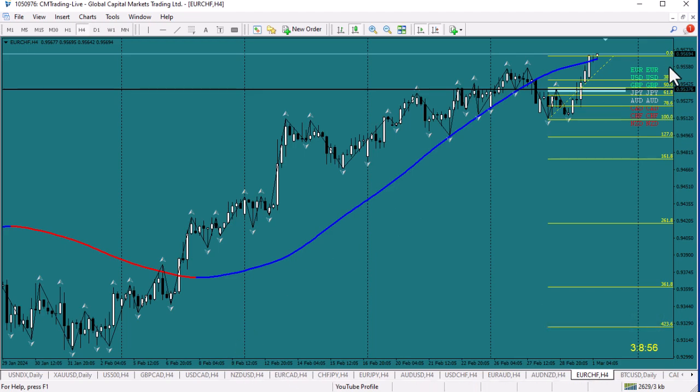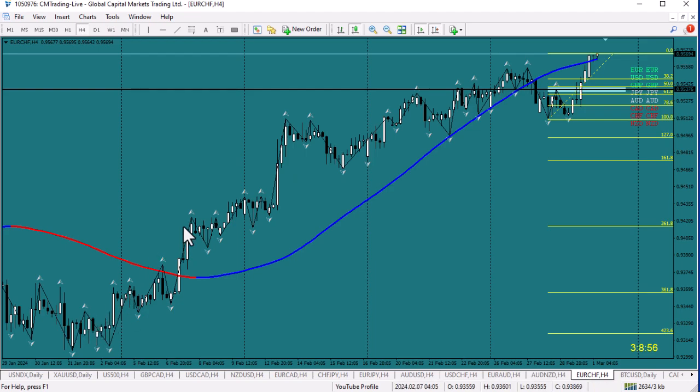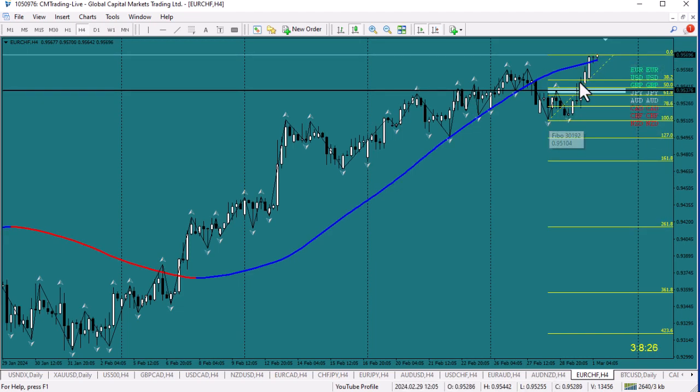On the Euro Swiss, definitely, you can obviously see why. I like the Euro long, I like the Swiss short, and a very nice, clean, clear trend. Look at this trend, it just keeps going, and it's not fading. Strong run up the page shows us a lot of bullishness coming in on the Euro and a lot of bearishness on the Swiss. So if we can retrace on this Fibonacci swing back to the 50-61% trade zone,